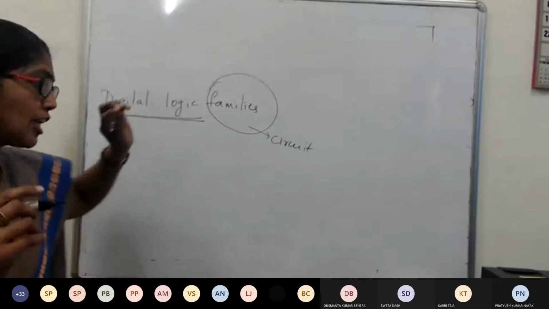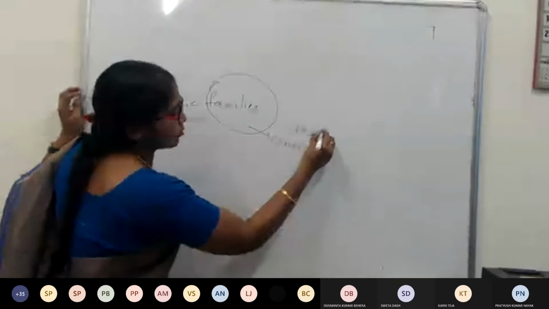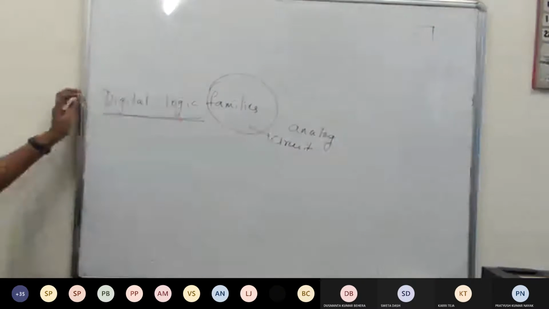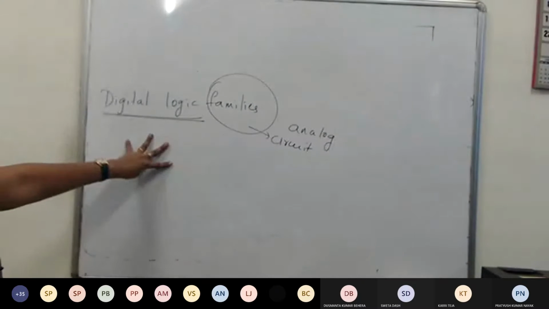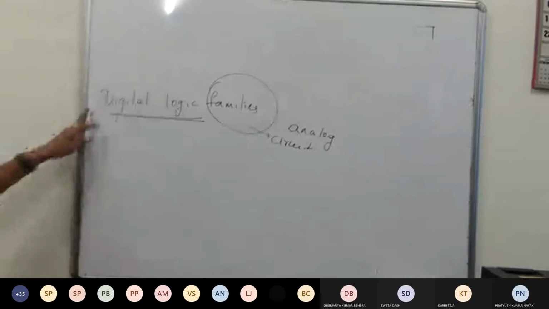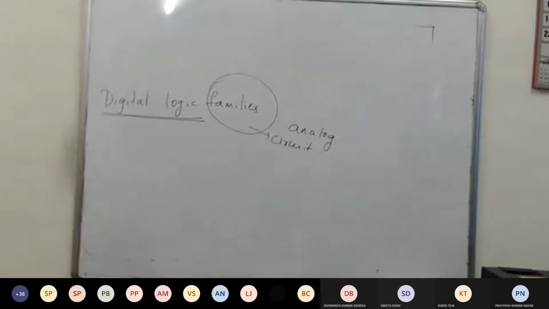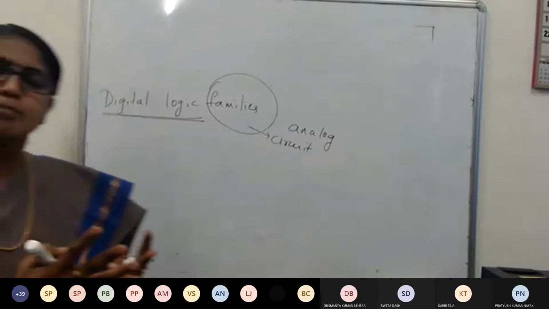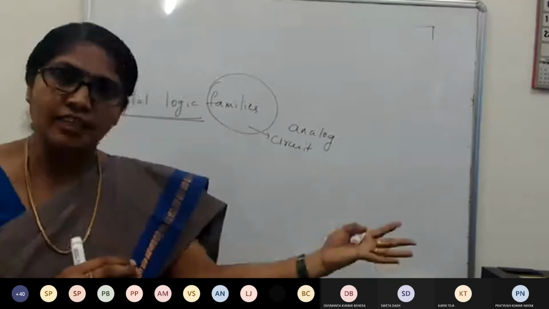Digital logic families are circuits; in fact, they are analog circuits, right? The digital logic comes out of analog circuits. That's what is called digital logic families, right? In crisp terms, for a quick definition, I can say it's an interface between the digital domain